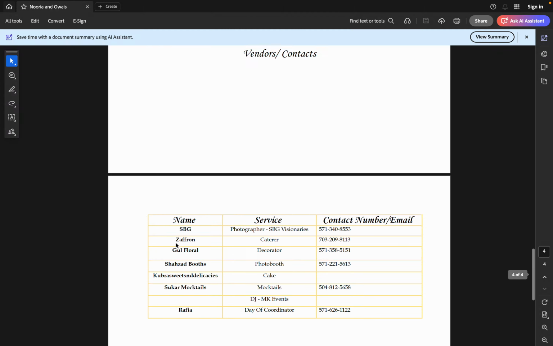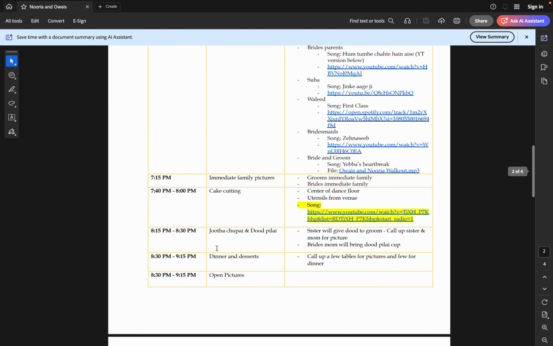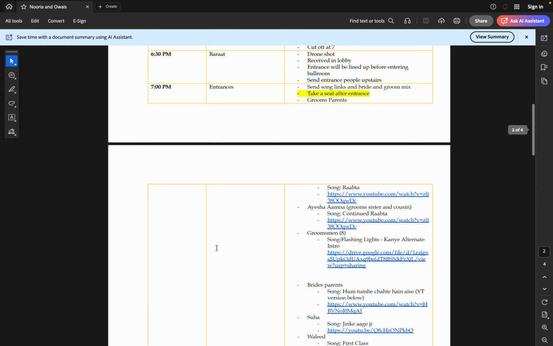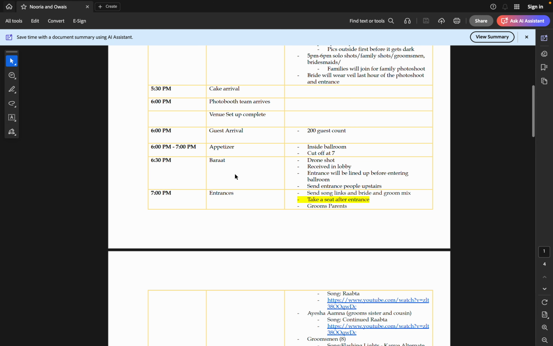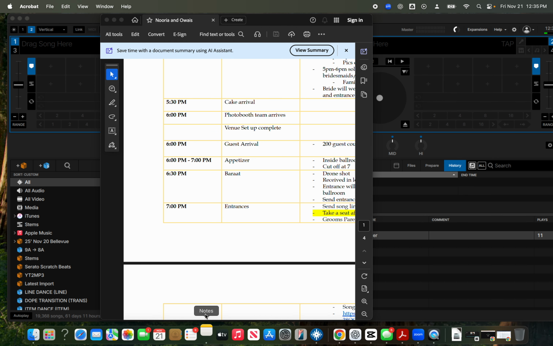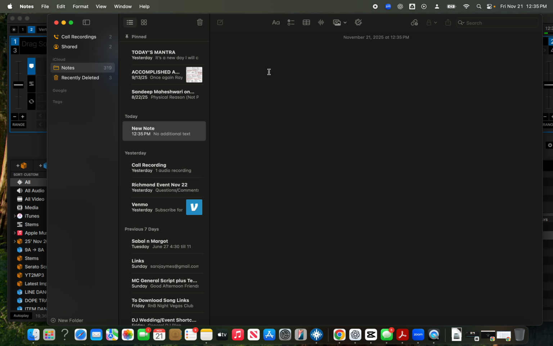Now looking at this, you've got all the information. What they have is cocktail hour music, then some filler music, dinner music, and then open dance floor, and all the links are provided here. So what I do basically is, from 6, we can outline. Sometimes I make a note. I have this note app, very handy. So what I do is basically, for some event right now,